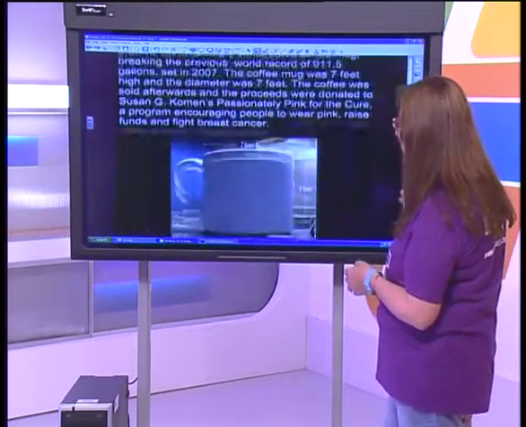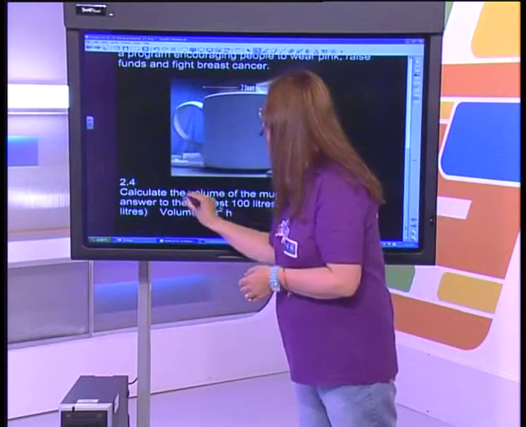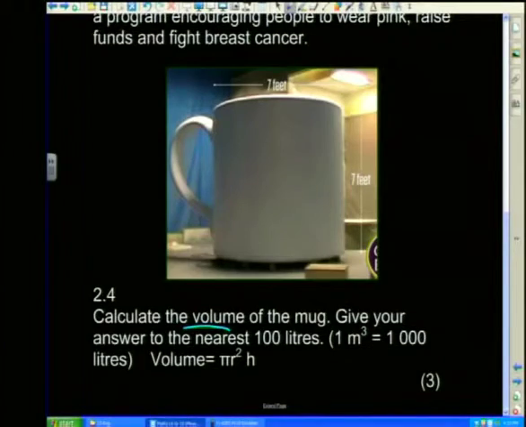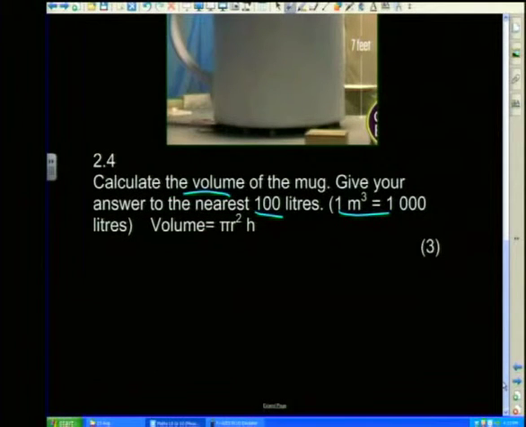Right, let's move on to the next part of the question. Calculate the volume of the mug and give your answer to the nearest 100 liters, where we know 1 meter cubed is 1,000 liters. So let's see our volume. I'm going to use pi as 3,14 times by my radius, which was